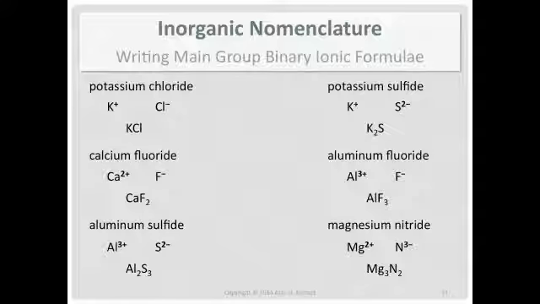So remember, cations before anions. When you write the name of the compound, do not include prefixes. No monos, dis, and tris for what we're doing. When you write the chemical formula, like KCl or AlF3, don't put the charge in the formula for the ionic compound. You only put charges when it's the ions all by their lonesome.